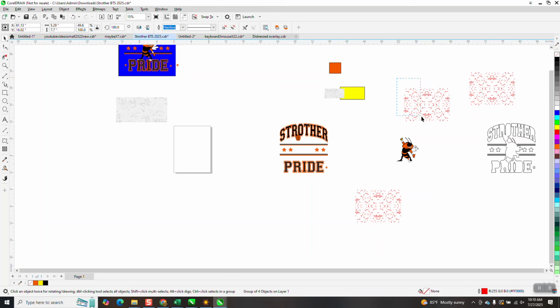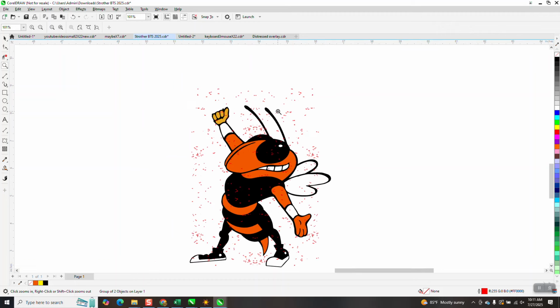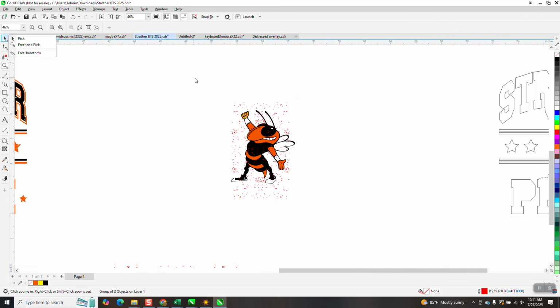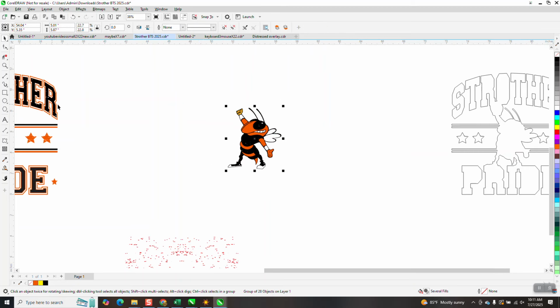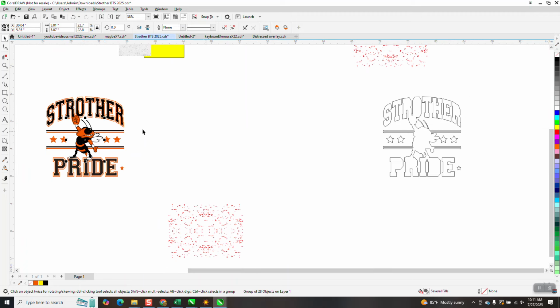Control G to group. Let's squeeze it in a little bit, get more distress. And we'll look, see the reds on top. So when that's the case, you want to go back by the front. Yeah, I don't distress anything, so I didn't realize it takes the distress away. So you want to make sure you make copies, and it's going to do quite a bit more distress this time. And if we move that over, and now get his hand,